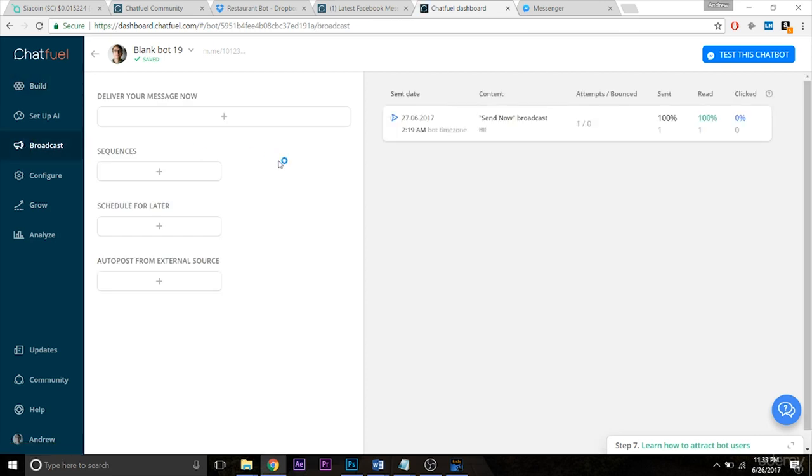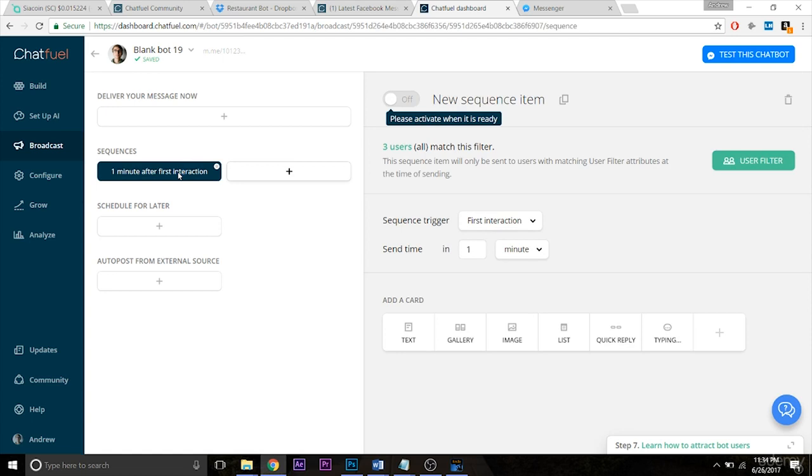So here, let's set up a sequence. We don't want to deliver the message now because that would mean it's going to deliver it right this second to anybody. And that's probably not the most effective way because people could match these user attributes and maybe they are in the restaurant right now and we want to give them a discount for next week, for example. So let's go to sequences because this will determine who gets the message based on the amount of time since they've interacted. So again, we're going to keep this off for now while we edit the sequence,